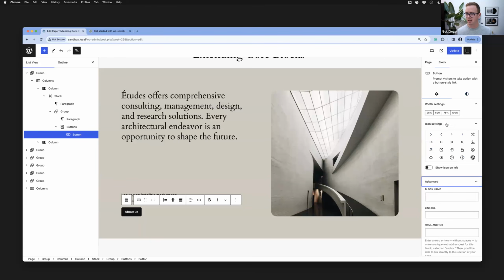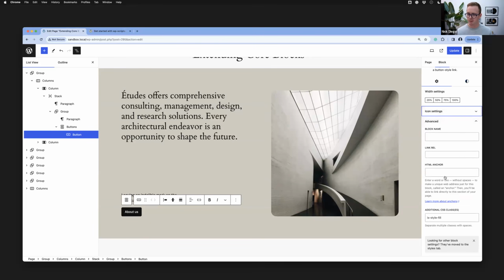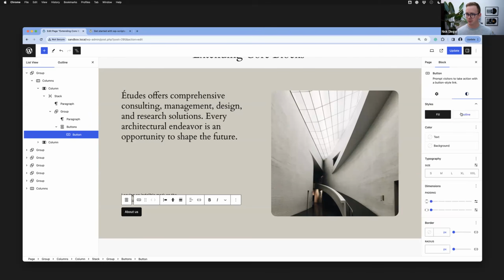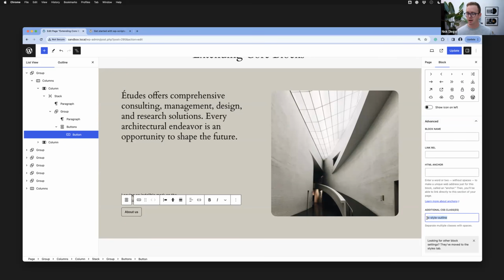You might be noticing this little icon settings here. We'll talk about this later. This is an extension plugin that we'll talk about in a second. But when I toggle this, you can see that the CSS class changes. And the CSS is being driven to these classes that update the style of the button